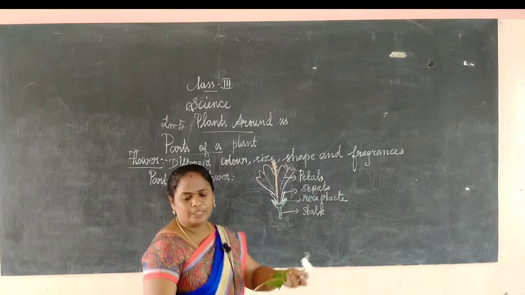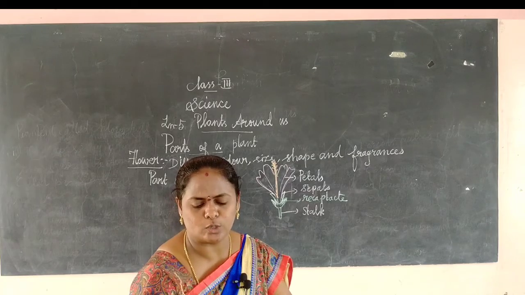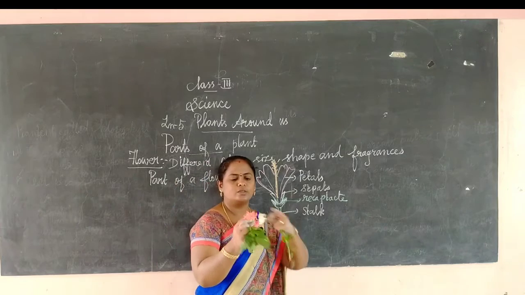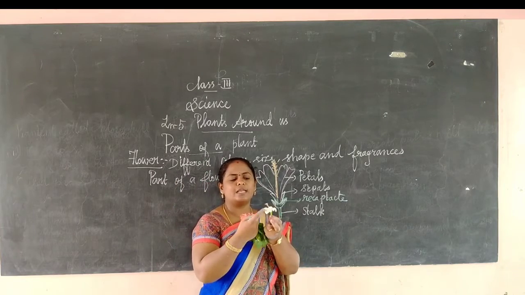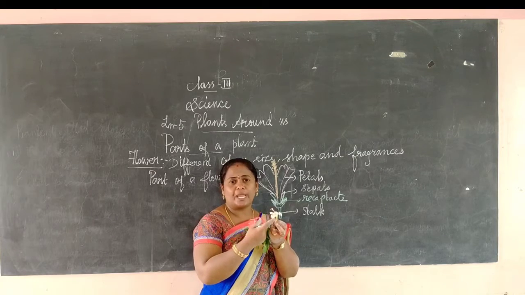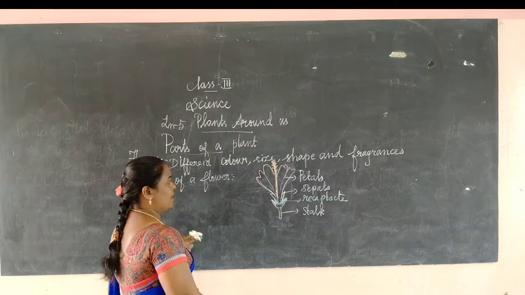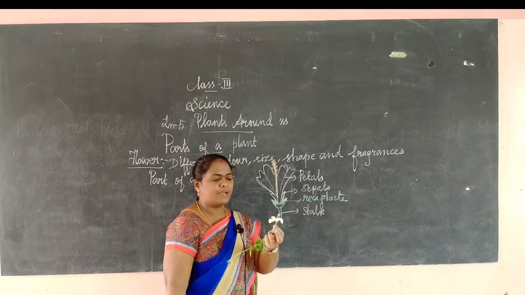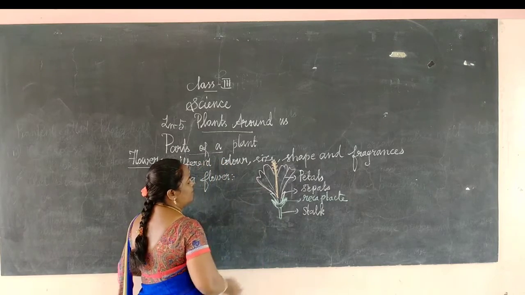ஒரு flower ஓட எல்லா flowers-லையுமே the colorful part தான் petals அப்படினு சொல்றோம். So this is a red color flower, so this is the petals. And then this flower, this is the petals. எதல் பூவோட எதல் தான் petals னு சொல்றோம். It is the colorful part of the flower and makes it look attractive. இதுதான் நம்மள attract பண்ணுற part, petals. Okay, so these are the parts of the flower.